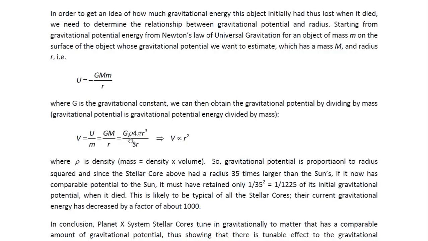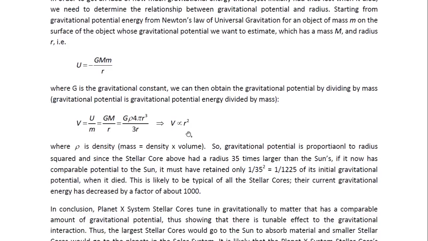And then the mass would be the density times the volume. Volume of a sphere is 4/3 pi r cubed. And so we have an r cubed there divided by r. It means that we end up with an r squared. And therefore that gravitational potential is proportional to the radius squared. And here we have used the fact that mass is density times volume. So gravitational potential is proportional to radius squared, and since the stellar core above has a radius